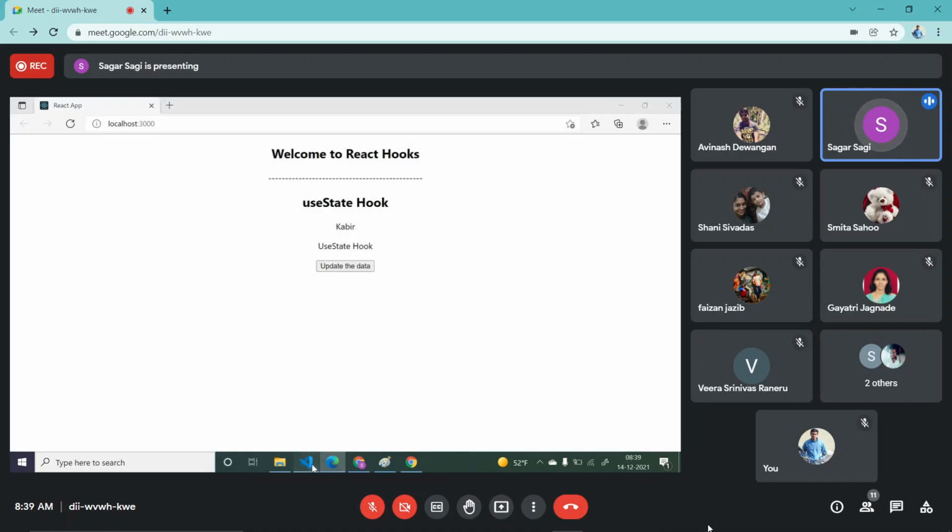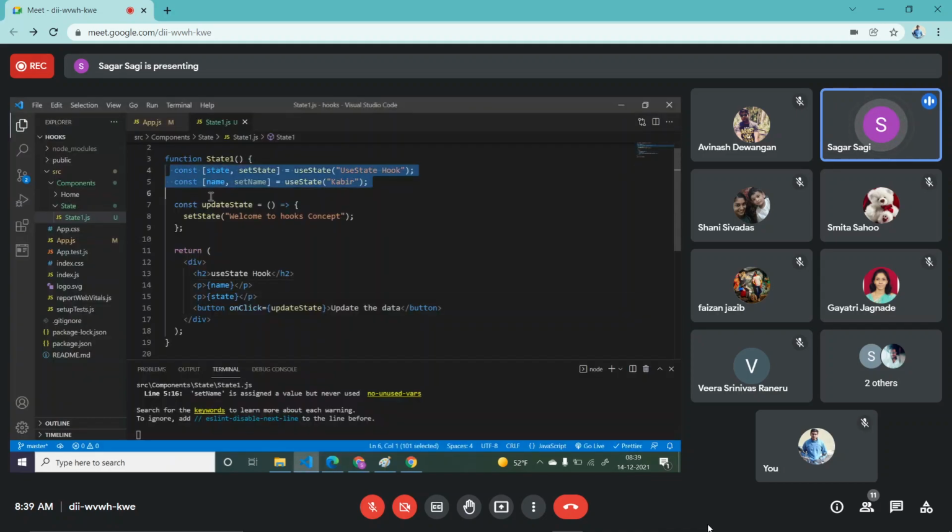So like this, how many hooks can you create in one function? Any number of use state hooks you can create. You can maintain one state and maintain the object, or else you just create two different states. So, Sagar, this will not hit any performance, right? If I create any number of states? No, no. It will not hit any. React will take care of optimizing it. So for this flexibility only they have given.